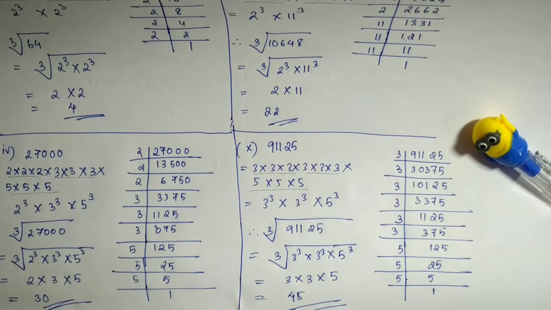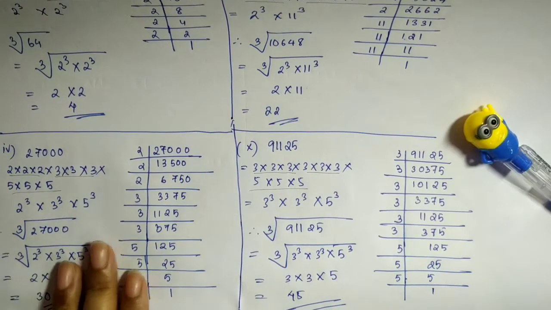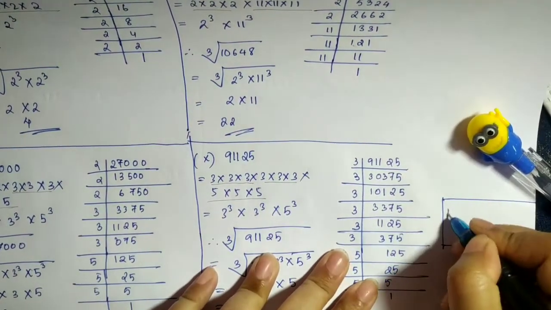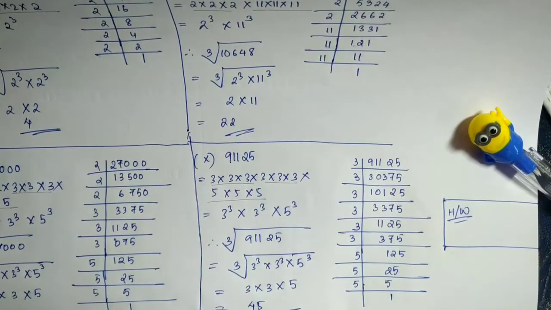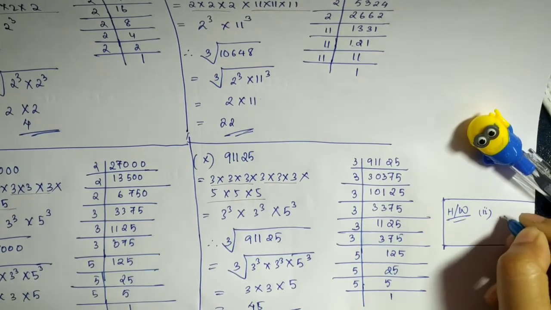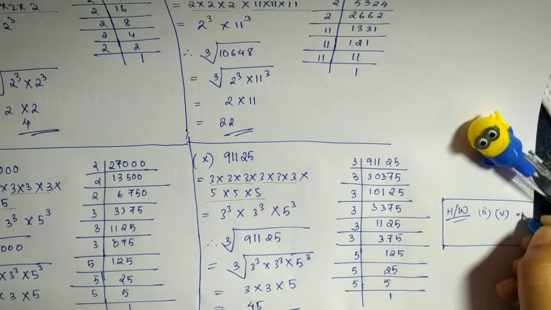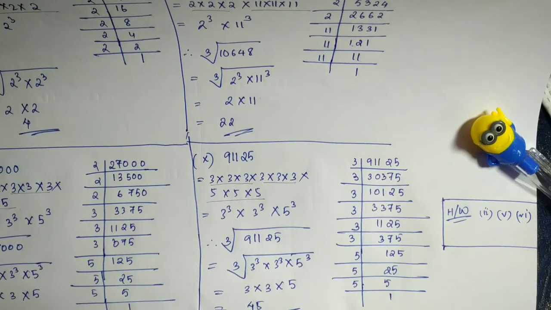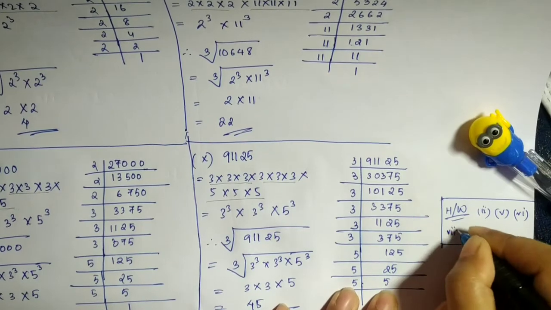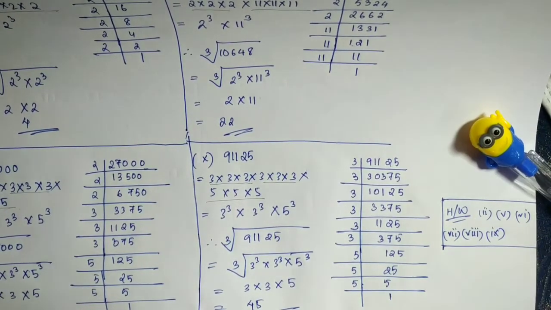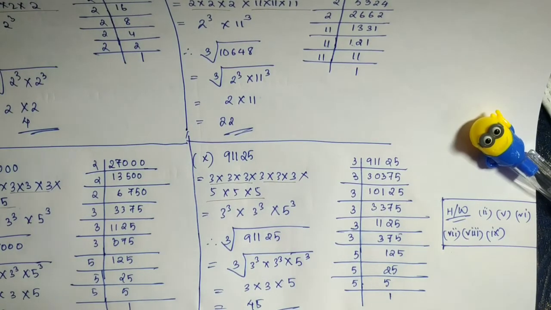Now you have sums till question number 10. I have shown you 4 sums here. I would like you to do the remaining sums of the question as homework. So you'll try these sums as your homework. The questions will be question number 2 from here, then you can try 5. 3 and 4 I have done for you. Then 6, then 7, 8 and 9. Same method. So I have shown 4 for you, and the remaining ones you please try and do by yourself.